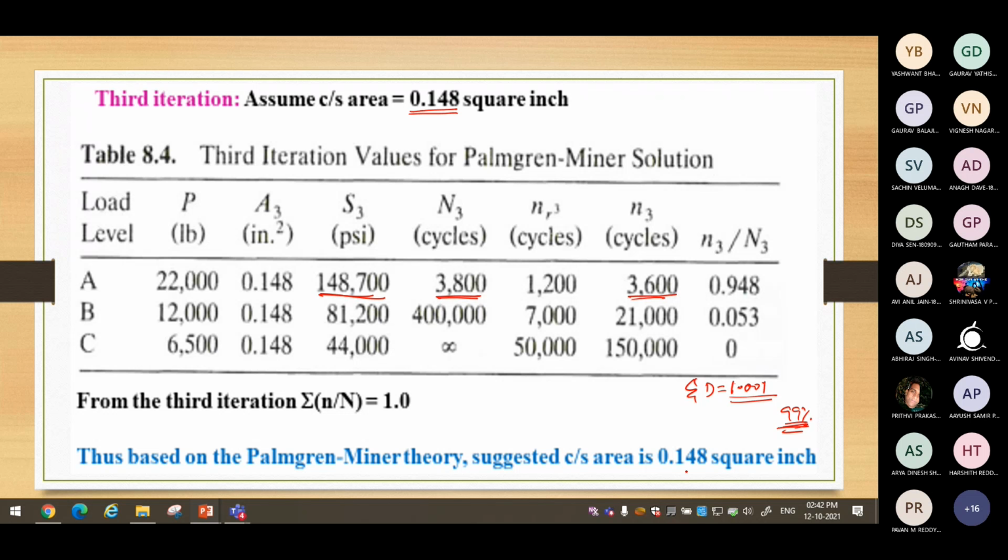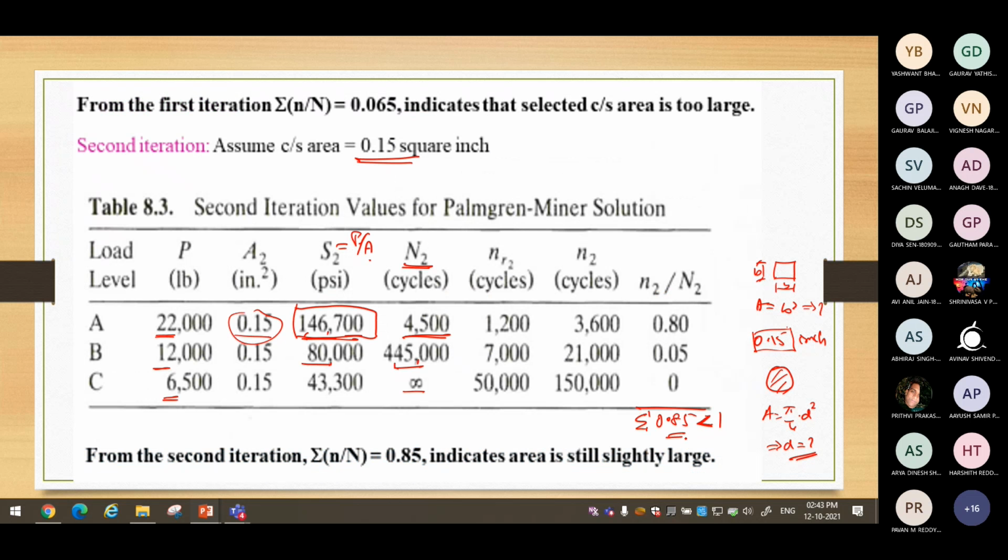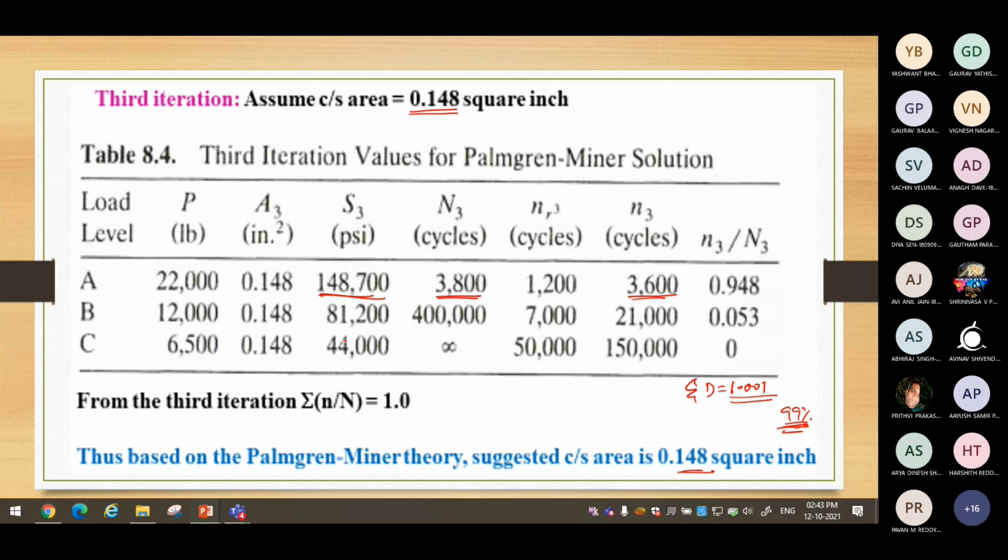So you may say that this would be the cross-sectional area. So this is one engineer's design. If you want to be on the safer side, you retain yourself here. Some factor of safety is there. If you don't want to take any factor of safety, you go one more iteration further and suggest this as the cross-sectional area. Okay. So your justification is important. What you want to consider as a designer, that statement is important. There is no fixed value.